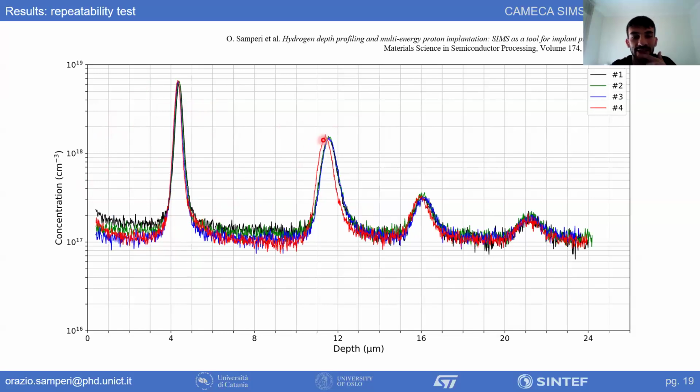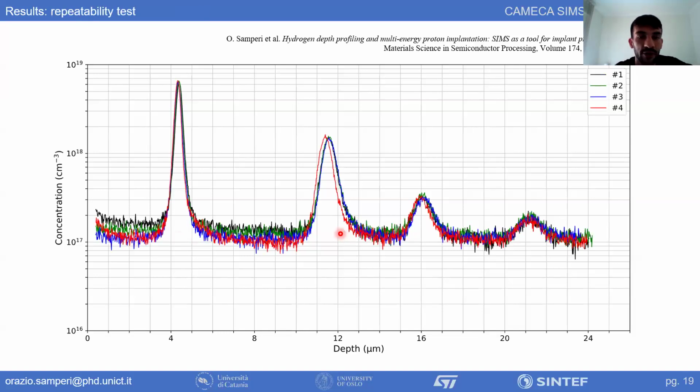Same repeatability test I did for the multi-energy implant, with almost the same results. Then you have to consider that these measurements take like 2 hours for each measurement. Then it's a lot of time spent with the cesium source. And if you have ever used the cesium source, you know that it's quite difficult to keep the cesium source stable for a long time,